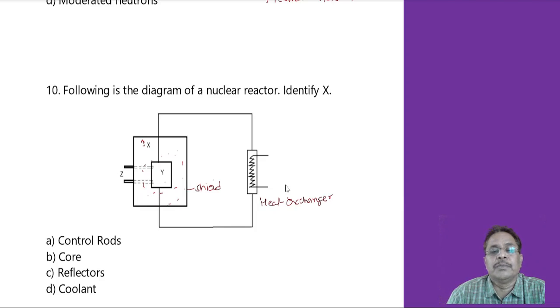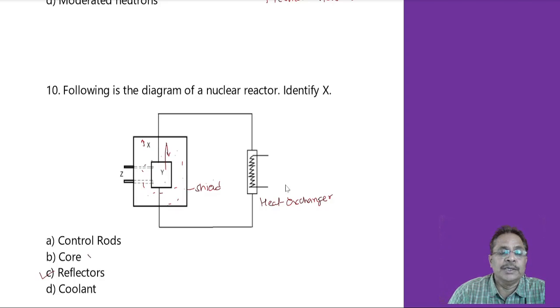These are the different components of the reactor. The shield is supposed to have a material outside it, which should reflect all the leaking neutrons, and again these neutrons are made available for fission inside the core. So to identify X here: X is this particular component of the nuclear reactor, which is nothing but the reflector.